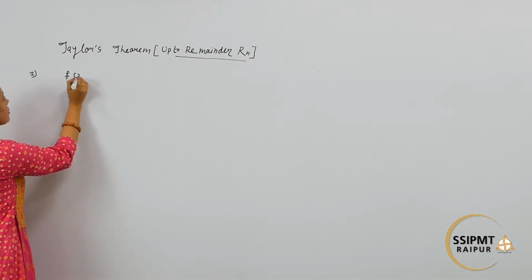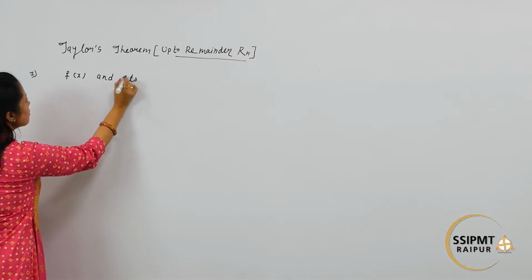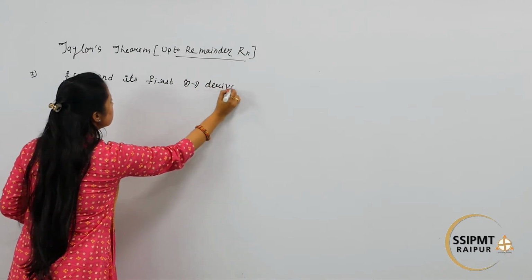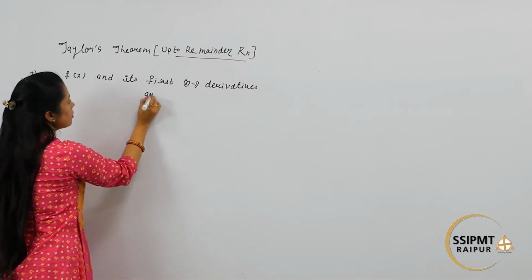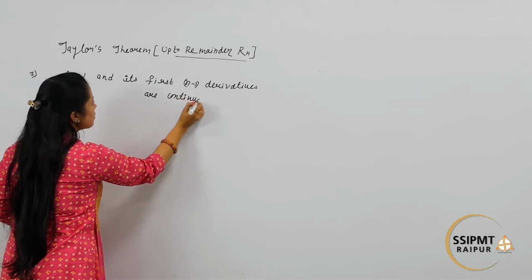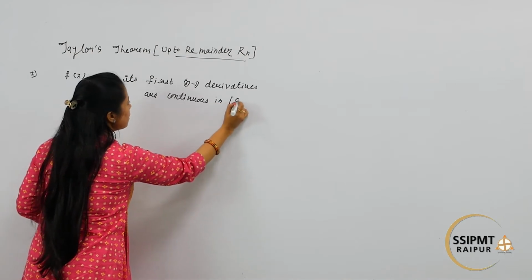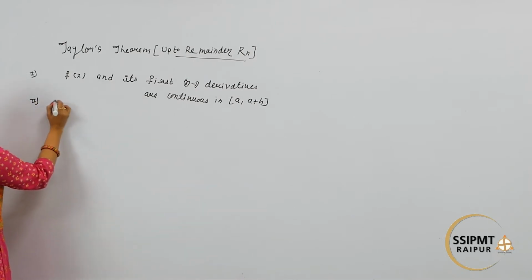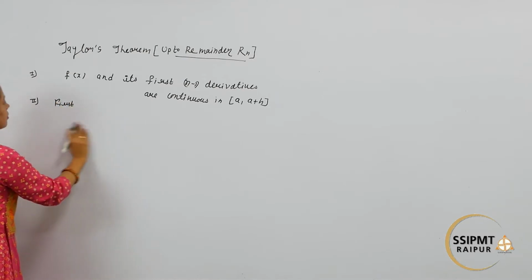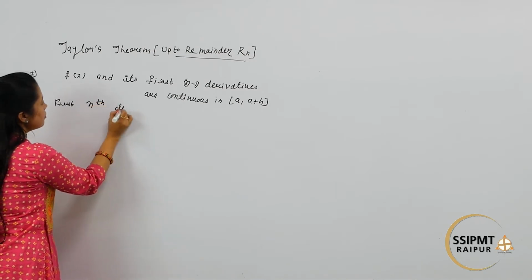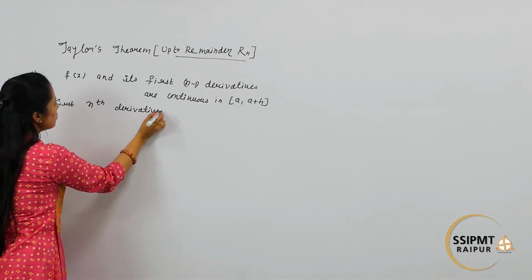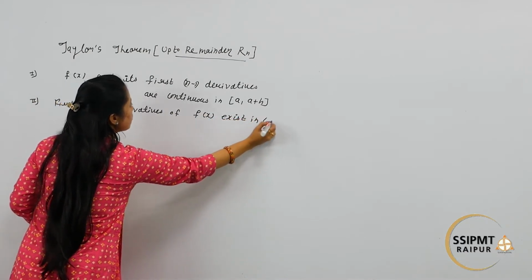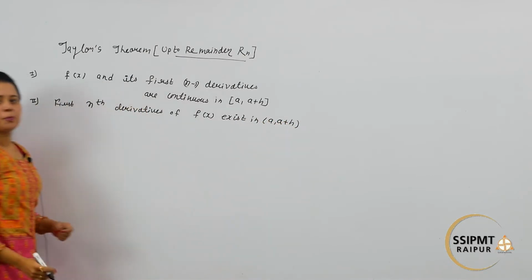If a function f(x) and its first n-1 derivatives are continuous in the closed interval [a, a+h], and the second condition is the nth derivative of f(x) exists in the open interval (a, a+h), then